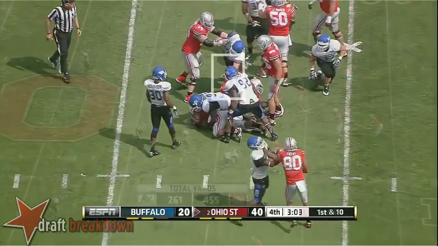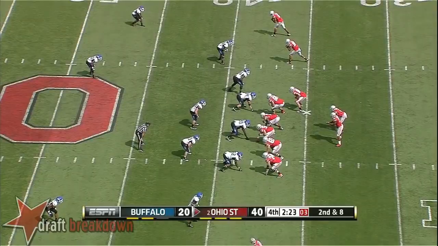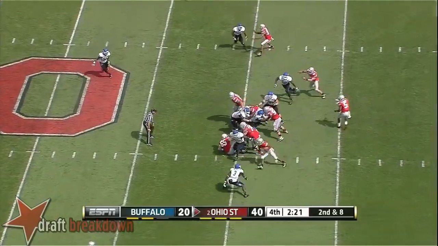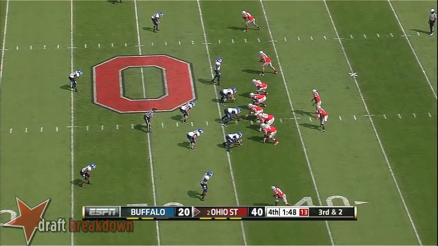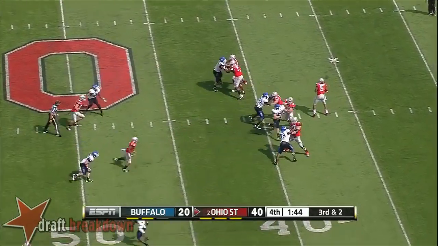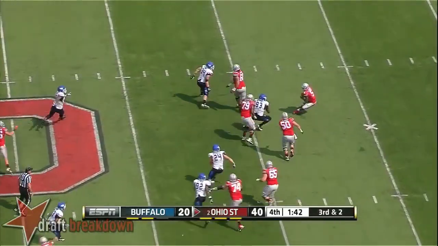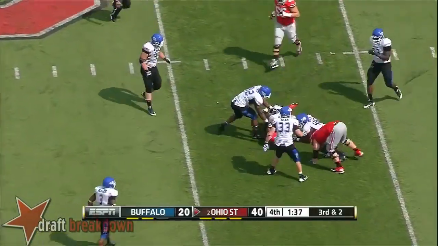Miller gives it to Hall. Yards. Dontre Wilson. Miller on the move, and Braxton taken down at the